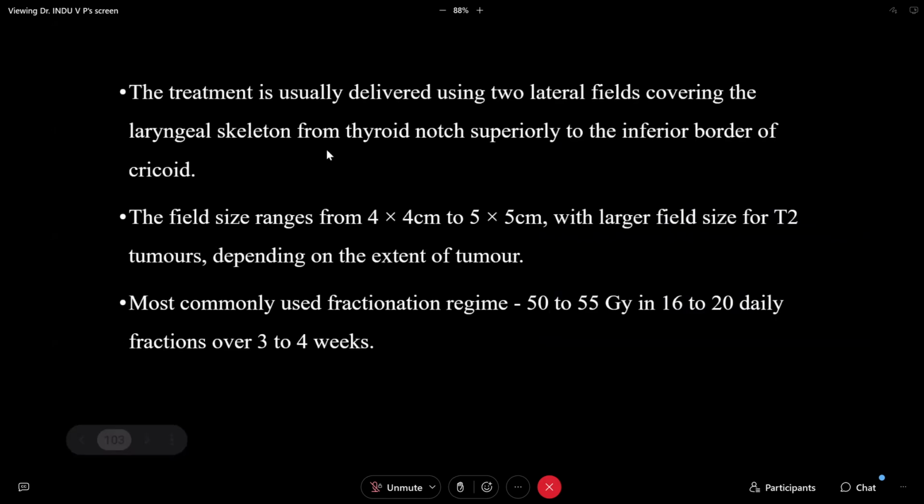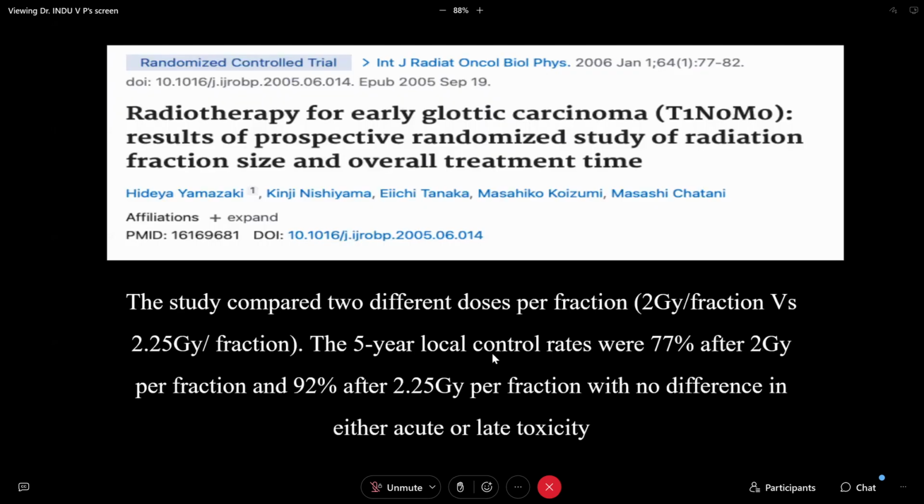So the treatment is usually delivered through two lateral fields, covering the laryngeal skeleton from the thyroid notch to the inferior border of the cricoid. The field size varies according to the extension of the tumor. The most commonly used fractionation regimen is 50 to 55 gray in 16 to 20 daily fractions over 3 to 4 weeks. So this is a study by Yamazaki published in the year